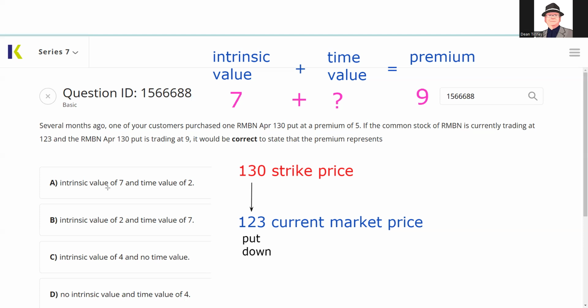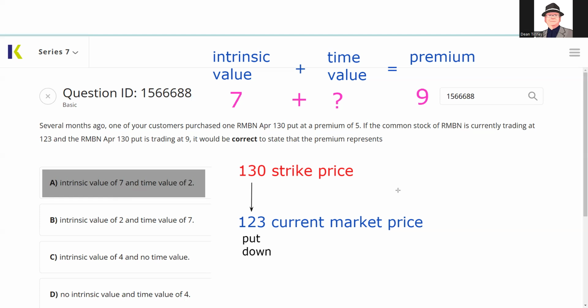So, if I were your broker, now let's go back to the customer. If I were your broker, the answer to the question is A. Let's put that there. Boom. If I were your broker and you say, hey, Dean, what's my 130 put trading at? I say it's trading at 9. Would you like me to do a closing sale? If so, you'll make 4 points,